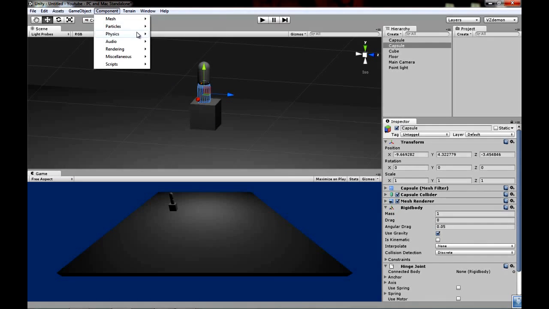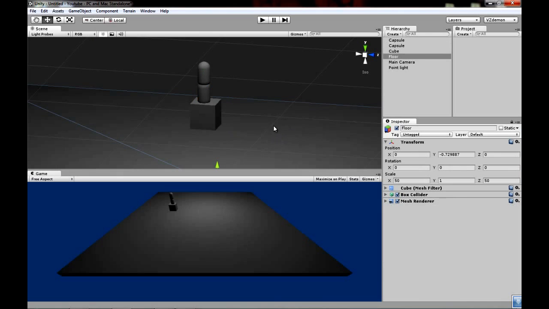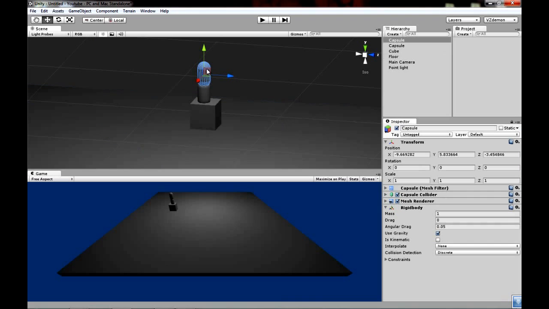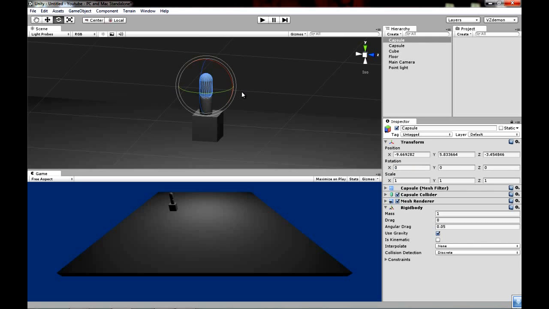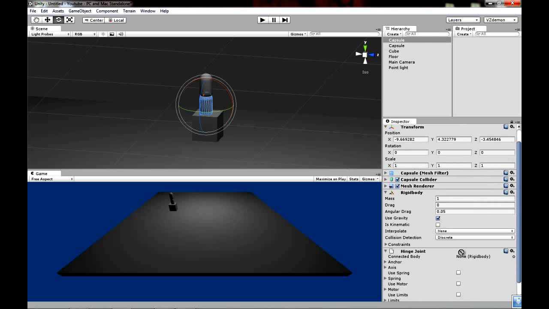And by the way, if you want to know what a spring joint is, it's basically like a spring. Well, yeah, duh, but I mean, if you attach an object to another with a spring joint and you rotate it, then it will just snap back into place, right? So it will act basically like a spring. I don't think I should cover that since it's pretty obvious, and you also have that spring option in the hinge joint, right? So once you get the hinge joint on it, connect this capsule right here,